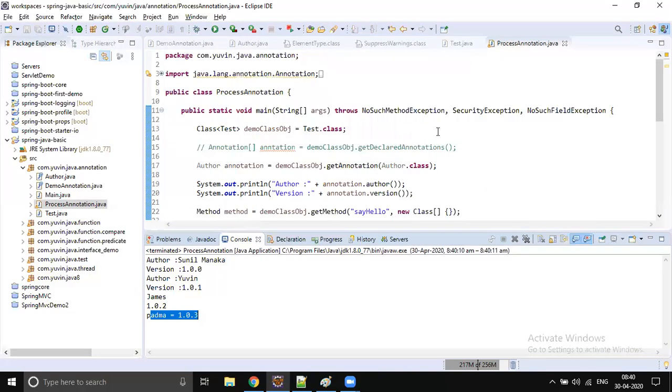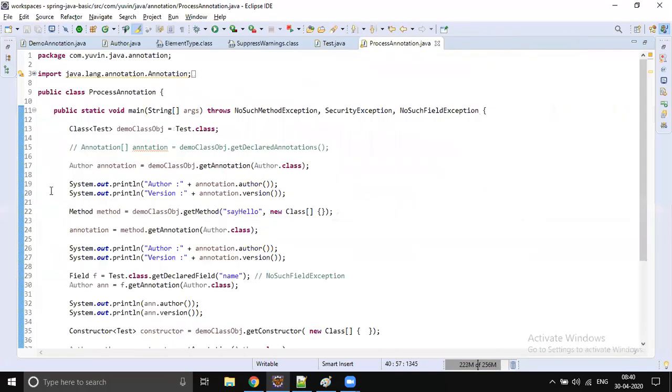It's a very, very rare scenario. In most of the projects, we don't write our custom annotations. We mostly go with the Spring annotations, predefined annotations. So where will we write a custom annotation? When you want to build a framework, for example, a custom framework for your project. Whenever you are trying to build a platform or a new framework, by that time you have to write your own annotations in Java.